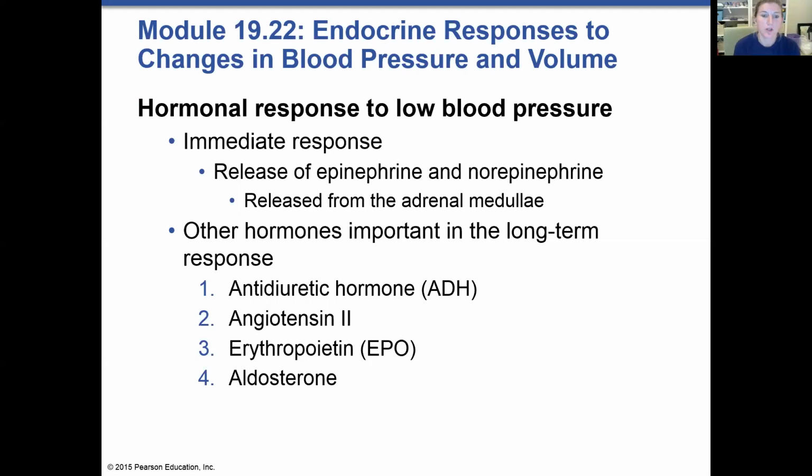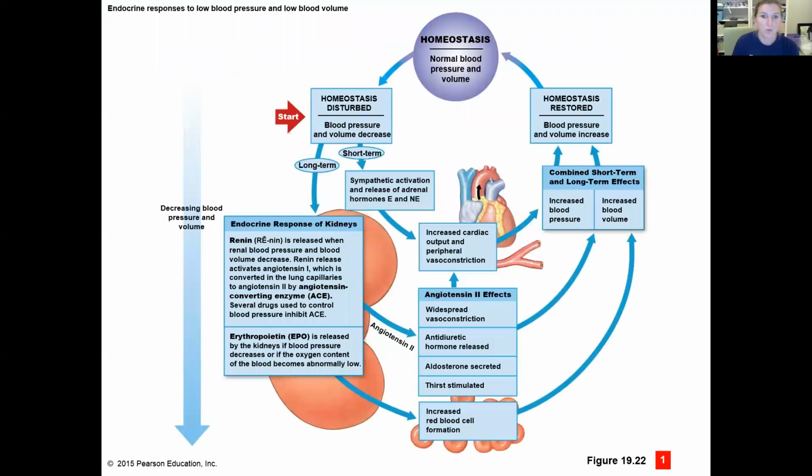So some long-term hormones: ADH, antidiuretic hormone; angiotensin II, EPO, aldosterone. We just put these on our graphic organizer. Let's look at how they work and what exactly they do. So in a given scenario where we have a decreased blood pressure, in the short term, you're going to have sympathetic activation. There's not enough blood. Increase cardiac output, constrict the arteries, get that pressure up very, very quickly. Sometimes that's not enough. So for the long-term effect and kind of a backup plan